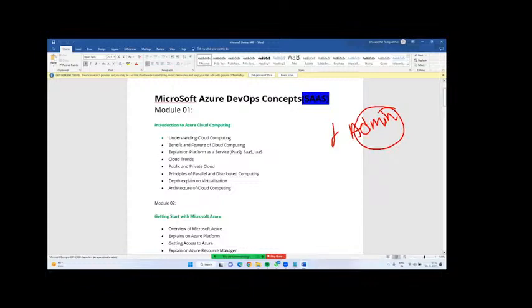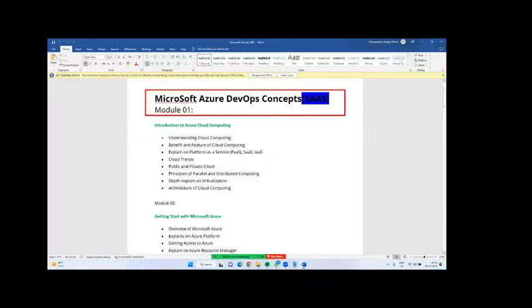But learn administration, and from there move on to other services, whichever you require, depending on your career path.